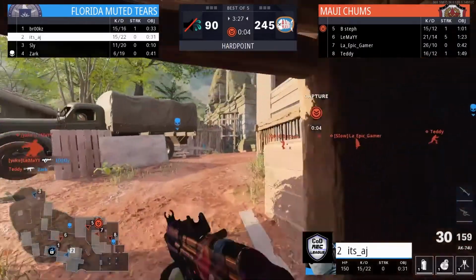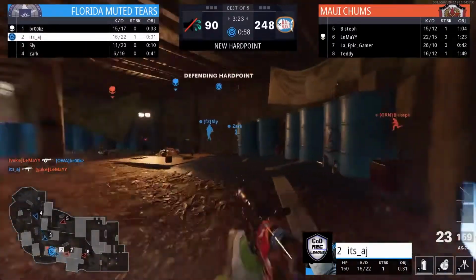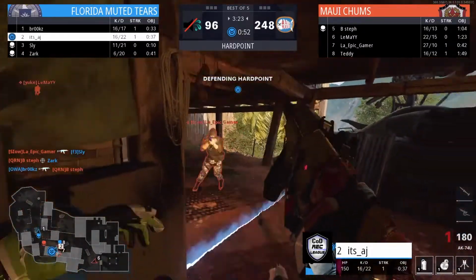Yep, LeMay on a 5-kill spree as well, 21-14. Epic Gamer 26-10. Led the way for their teams. On the other side, you got Brooks and AJ both with 15 kills. AJ is working around the back here, looking for Epic, not going to be able to finish that kill, and